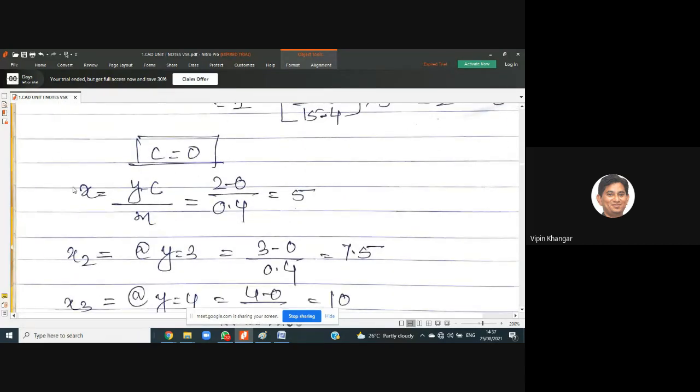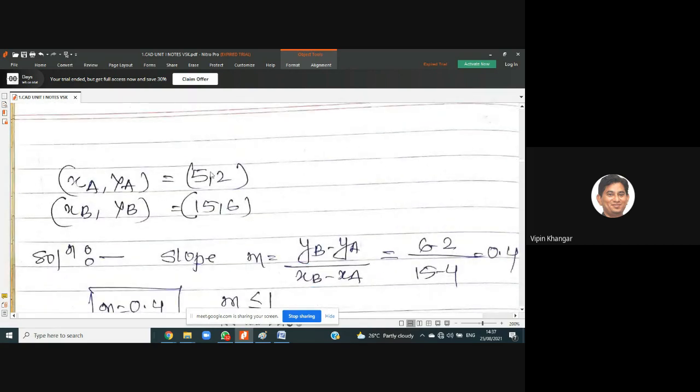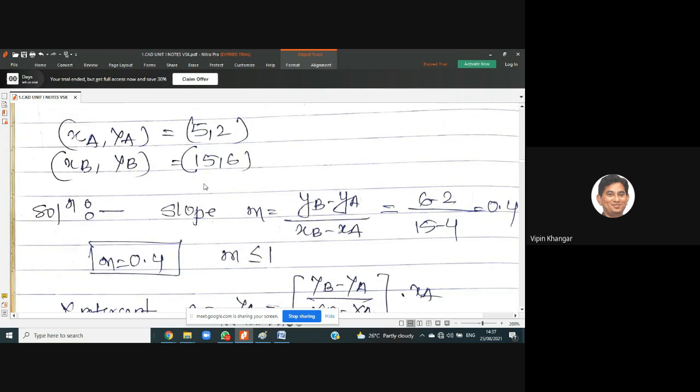Now see, we need to have the x. सबसे पहला x, what is the x there? You can calculate that by using the equation of line, that is y is equal to mx plus c. So convert that into the value of x is equal to (y minus c) by m. So by replacing this value, 2 minus 0 by 0.4, we got the value x equals 5. सो एक्स कितना है आपका 5 है फर्स्ट पॉइंट. सो लेट्स चेक. ओके, तो एक्स ए आपका 5 है. ओके, यहाँ पे आपको एक्स मिल गया 5.